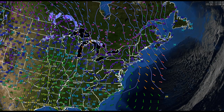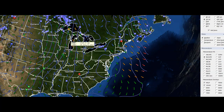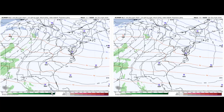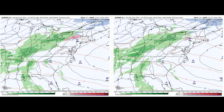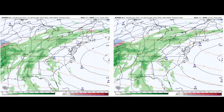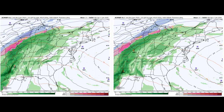Let's take a look at the overall synoptic picture. First of all, note there's not a whole lot in the way of precipitation, but that's going to be filling in rapidly. Looking at the computer modeling, here's our big 1042 hectopascal area of higher pressure, and you can see how this is going to be trending. We get a little bit of precipitation. It starts to make it in here during the mid to late morning hours. It makes it into Vermont here. Some potential spotty precipitation, mixed precip, and then it changes over to rain showers. And then it kind of moves on out, dries up a little bit, and it's very spotty until the system